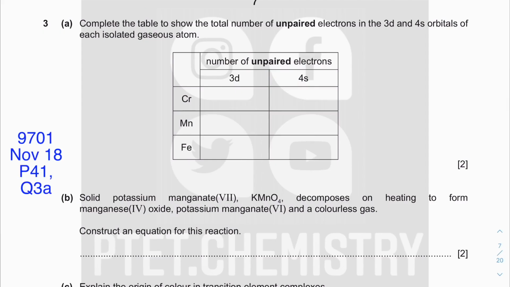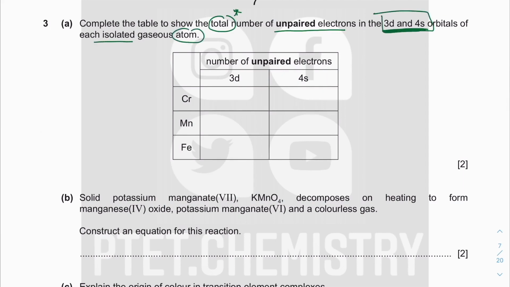Next bit, they want the total unpaired electrons in the d and the 4s. So you gotta read carefully, yeah. Each isolated atom. Okay, so you gotta write the configuration. I don't care about the fully filled inner shell, so I can do not krypton, I can do argon. Okay, and then there will be